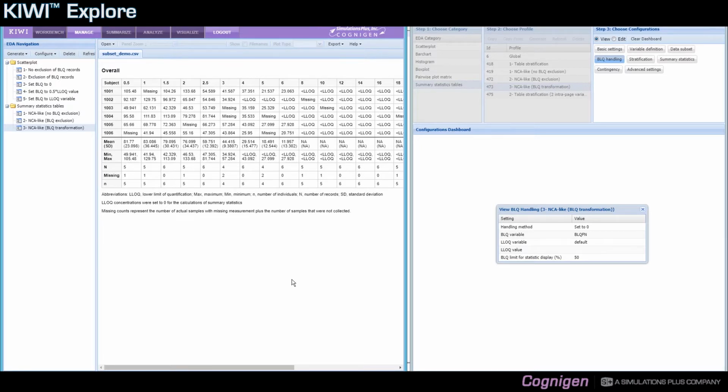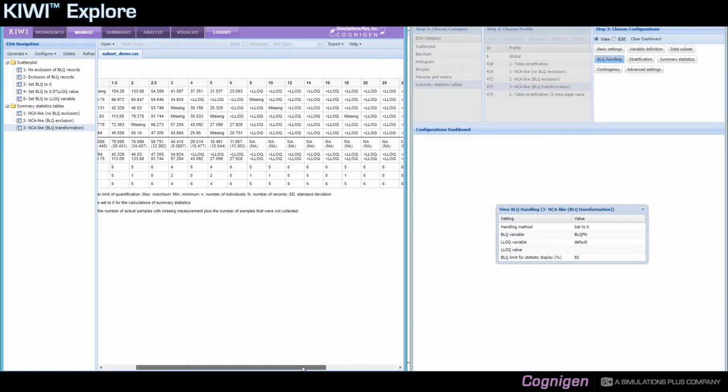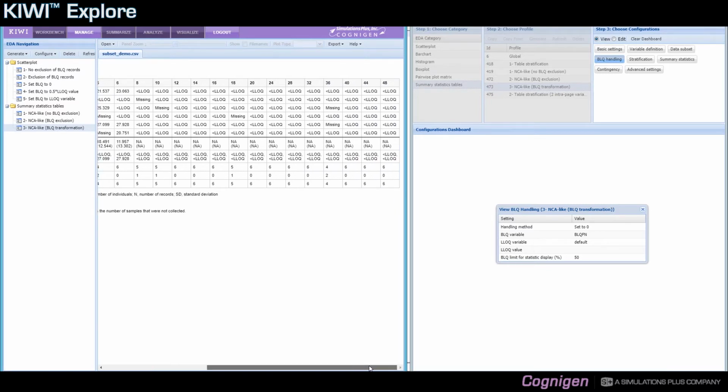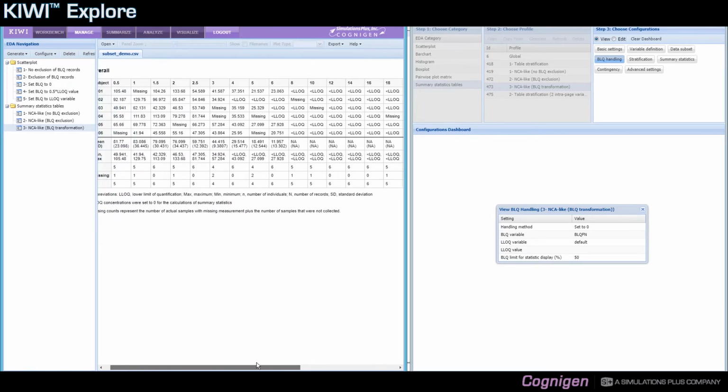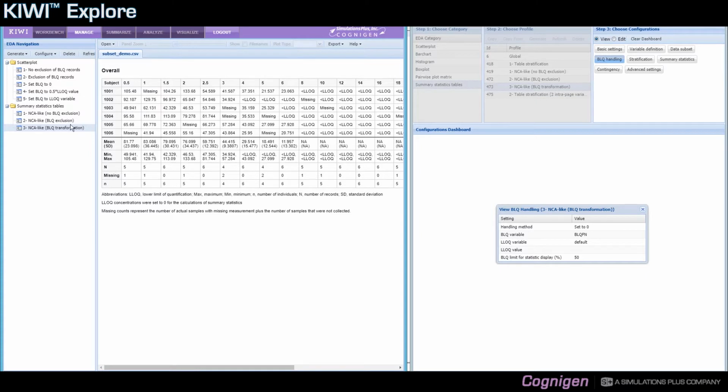And so here I'm trying to find an example. At some point all my data was missing, or LLOQ, so it's not necessarily super meaningful. What I meant was, actually maybe in this one, yes, that is actually the case here. I had 3 records that were BLOQ and 3 records that were above the LLOQ. That was exactly on 50%. In that case, the table does not report any statistics; you will see NAs instead of a mean of the 3 remaining values. So that again is a rule, I believe,